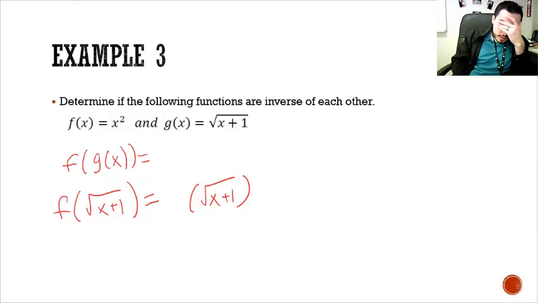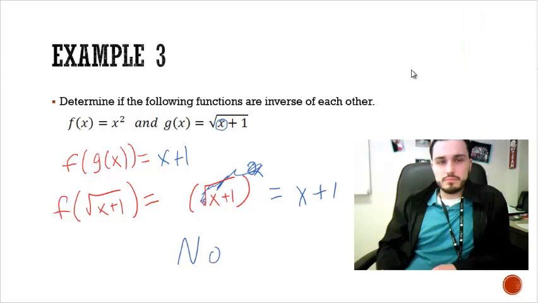And then this part here in blue represents the part that is actually the function f. And all the function f did is take x and square it, so I'm taking the square root of x plus 1 and I'm squaring it. Well, when you square a square root, that cancels the square root and the squared. So this all cancels, and now I just have x plus 1. There's nothing left to simplify. Since this does not equal x, then no, these are not